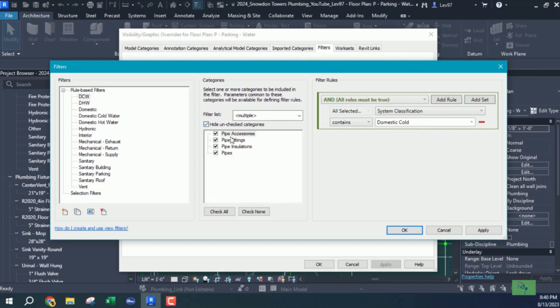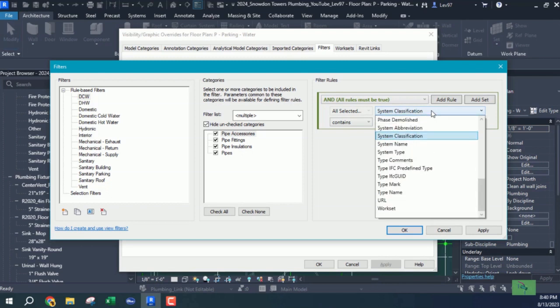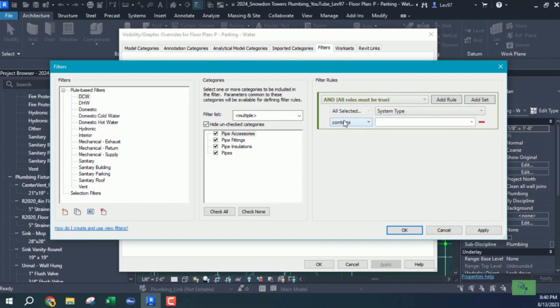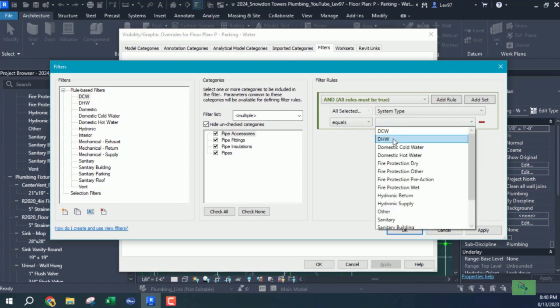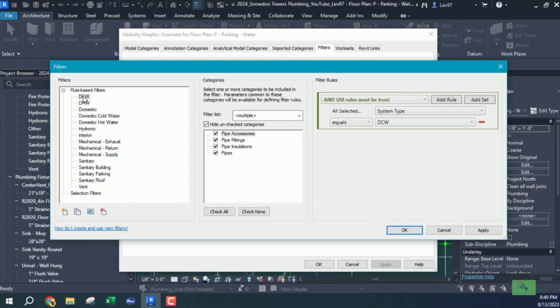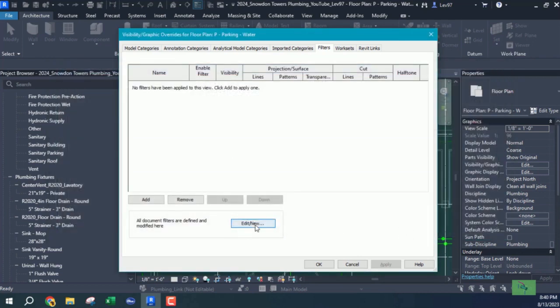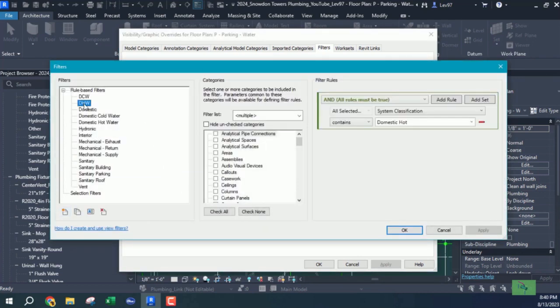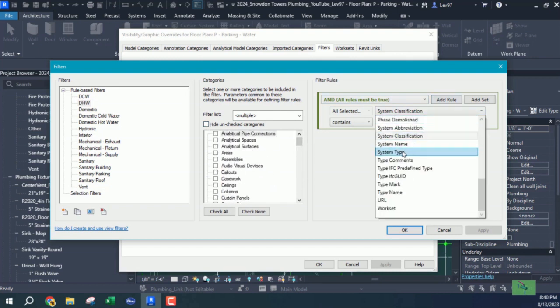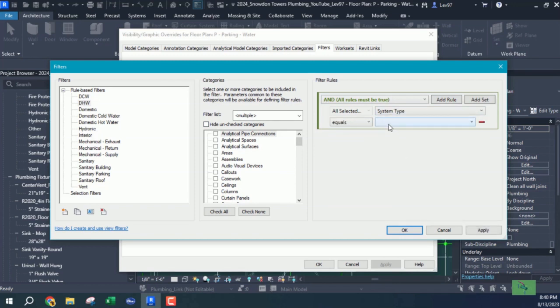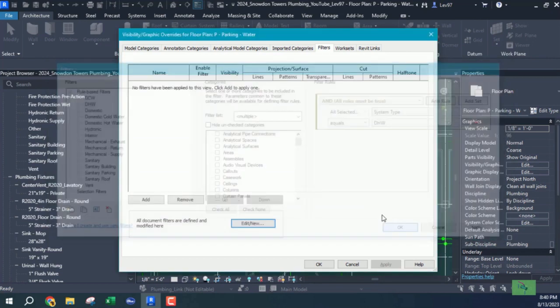And make sure that all 4 of these, the pipe fittings, accessories, insulation, and pipes are selected. So when I go over to it, you want to choose system type, and it's going to equal domestic cold water for domestic cold water. I'm going to say okay to this and do the same for the other 4. Domestic hot water, I don't need to check that. I know by default it's here. I don't need to see it, so I'm going to leave that alone. But I'm going to change this to system type equals domestic hot water. Say okay to this,